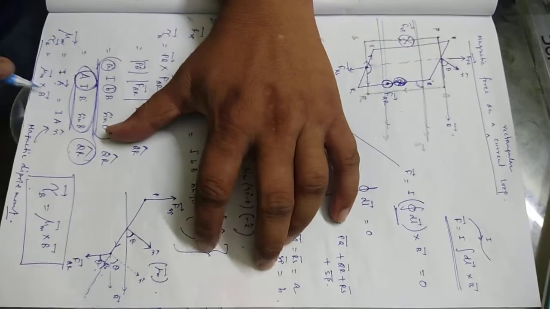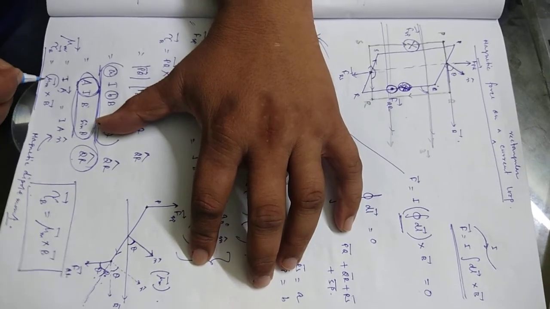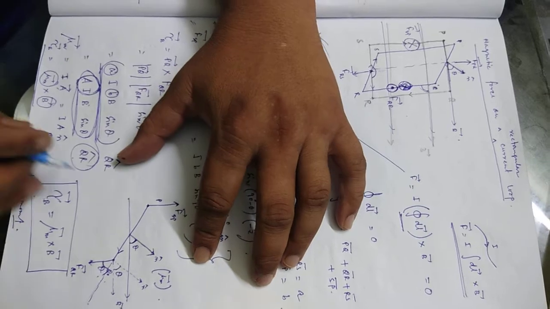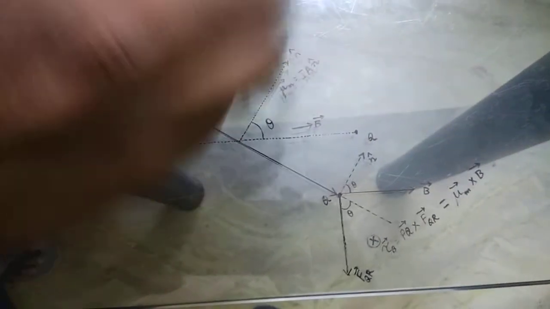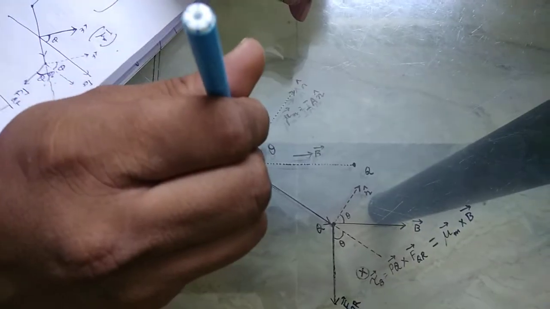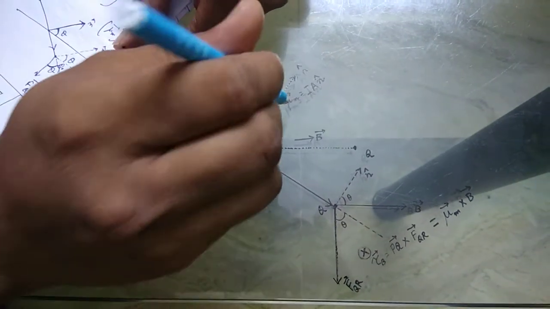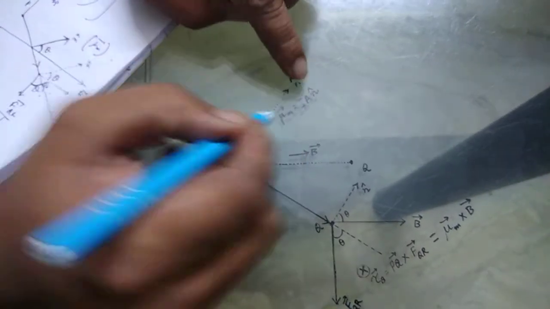And if I define it like that, suppose I calculate mu m cross B. What will mu m cross B be? Again, let's come back to this mu m. This is the direction of the mu m vector. The mu m vector is along n cap. What is the direction of mu m cross B? Mu m cross B will be going like this, inside the table, along the QR direction. So the direction matches. And what is the magnitude of mu m cross B?